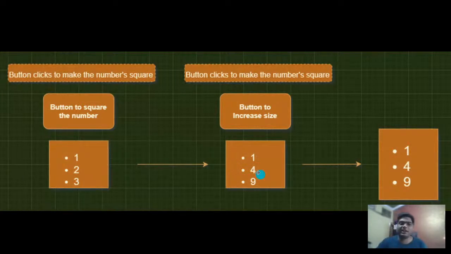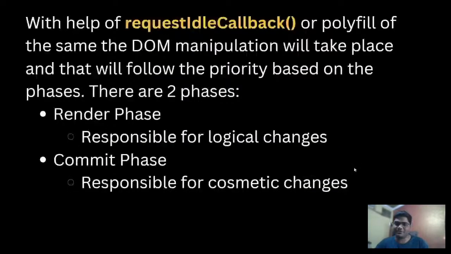It would be like, okay, first the squares would happen. One will get squared to one, two will get squared to four, three to nine, and then the size will get increased. Is it so or is it not? I'll give the answer. You can make your wild guess inside this chat area. So let me tell you that with the help of requestIdleCallback or this polyfill,